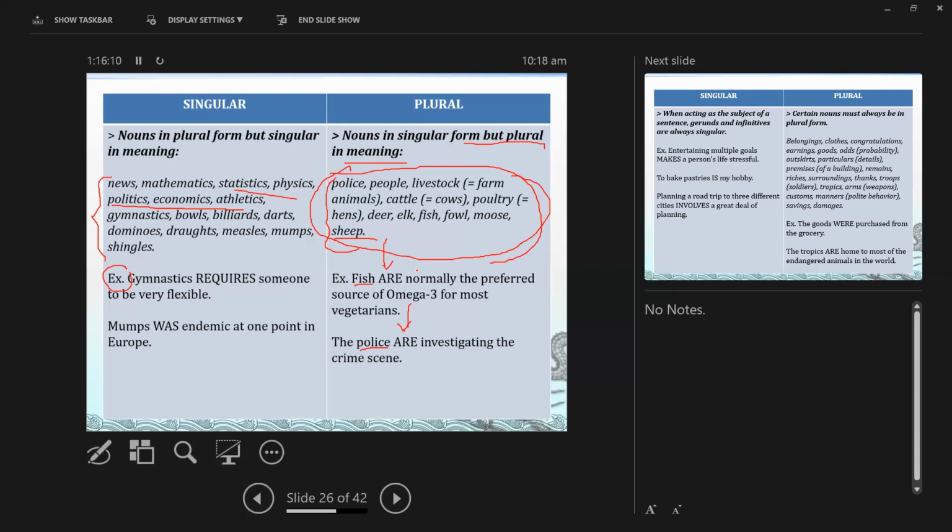Another example. Yes, can I check? I want to see if nagigets nyo eh. I invested a lot of money in a fish pond business. Nice. Okay, asan po yung ginamit yung fish? Yung fish nasa pond. Oo nga naman. Okay, wait lang po. Kailangan po gamitin niyo yung word na fish as the subject. Meaning, yung fish yung gagawa ng action. Okay? But this is a very good example.